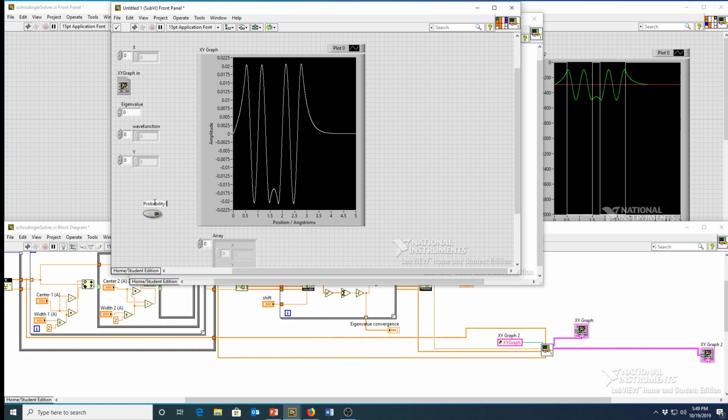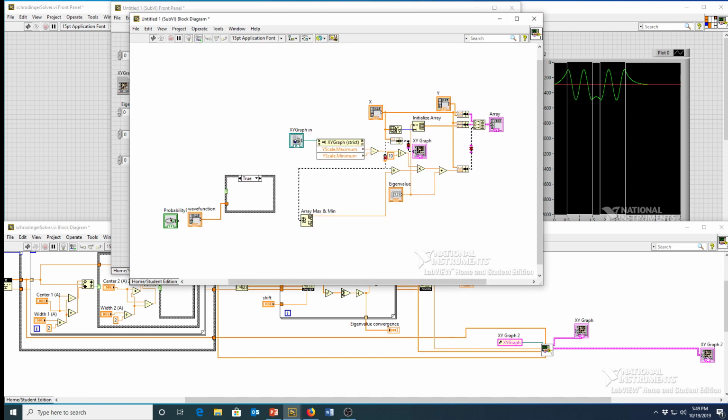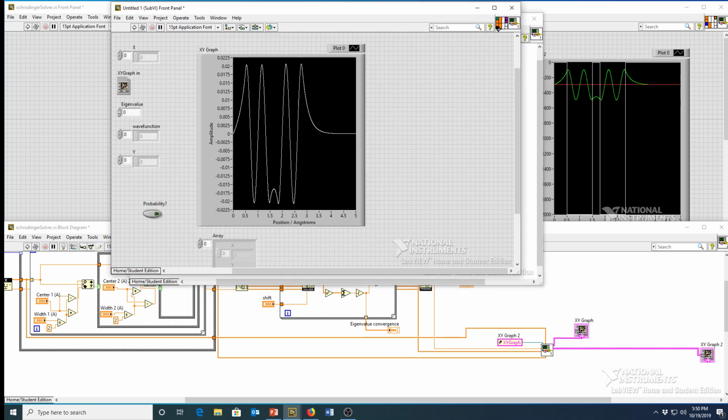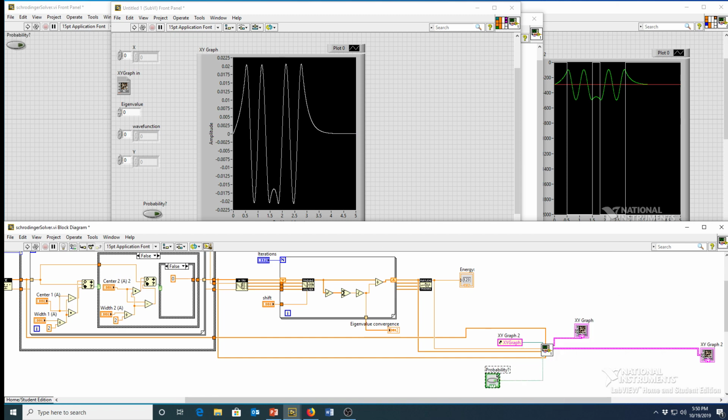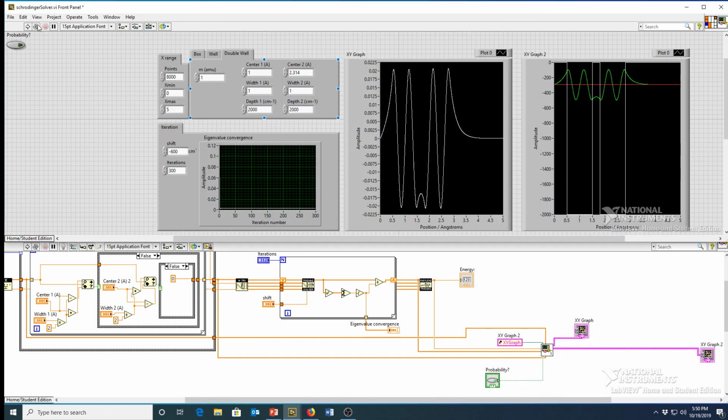Probability. So if that's on, we'll look at the wave function squared. If it's not, it'll just be the wave function. So in the true case, we'll square everything. And in the false case, we won't. And then we need to bring this to our main program as well. So we'll add an input there for probability. We'll create that on the front panel of our main program. And now when we run it,